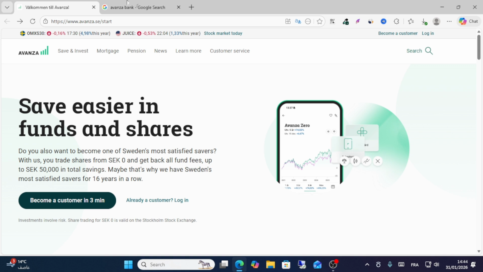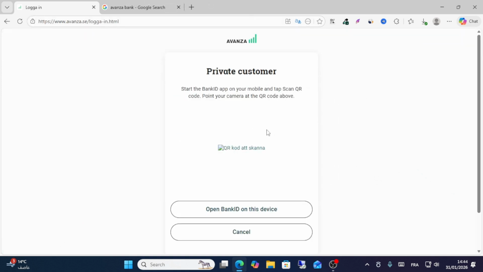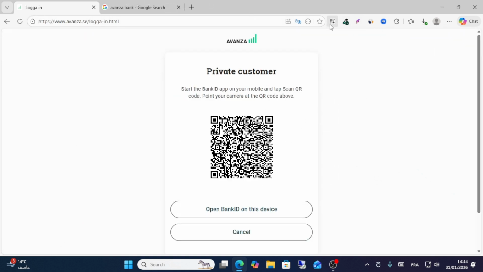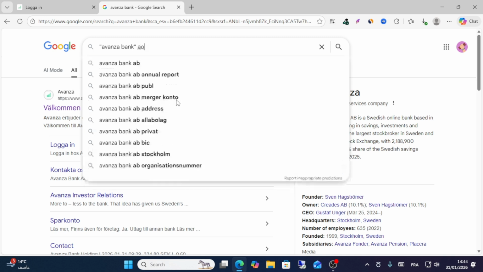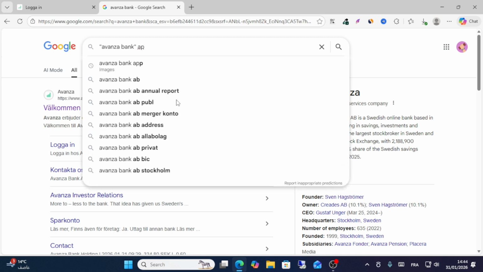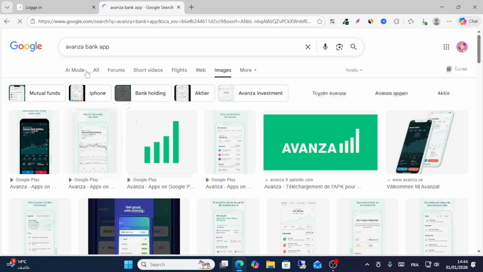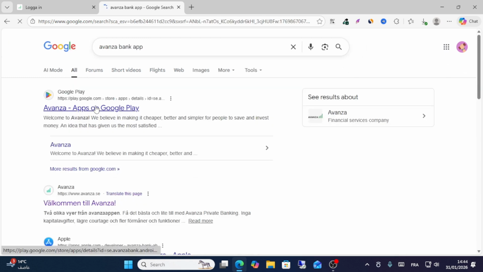So friends, you can also use your QR code. Click QR code, scan this code, and you can start logging in with this QR code. And you can also download this app on Google Play or App Store. When you download this app, you just click this app and then click all, use Google Play, download, and complete